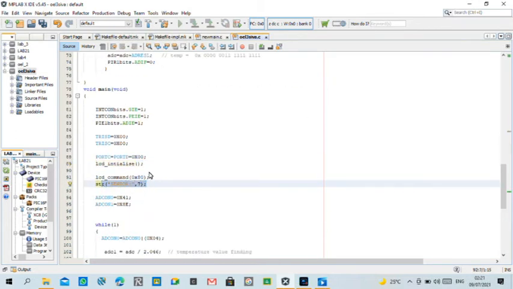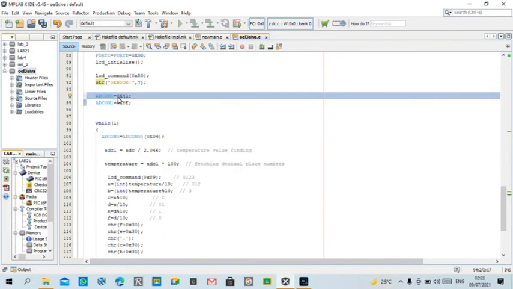In the first line, first column, we have printed something which is sensor, along with another number. The ADCON0 and ADCON1 are the control register configuration.